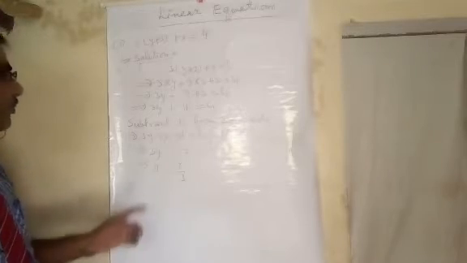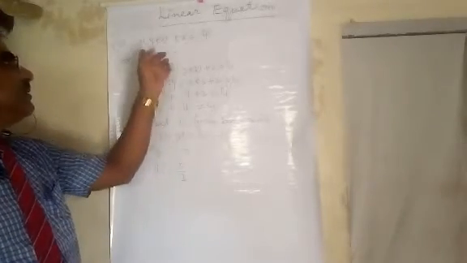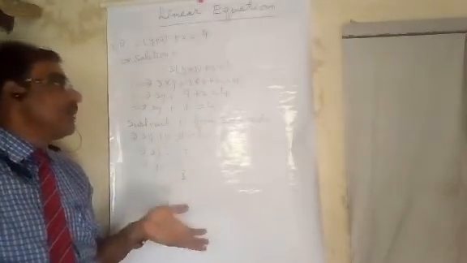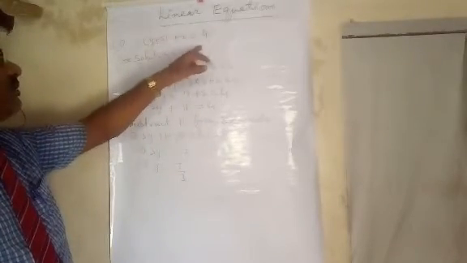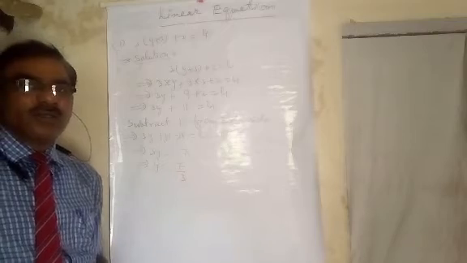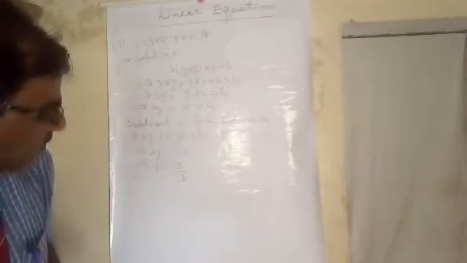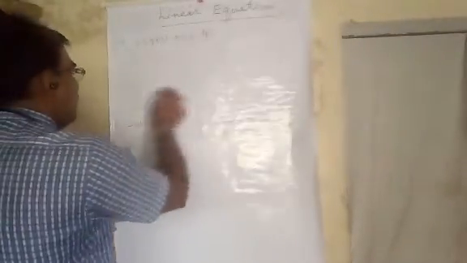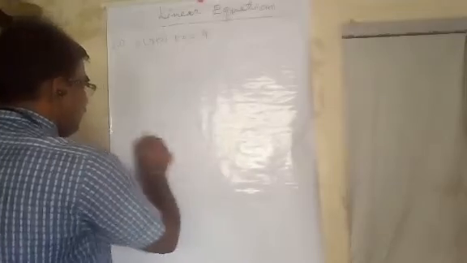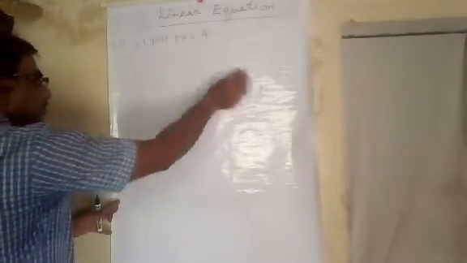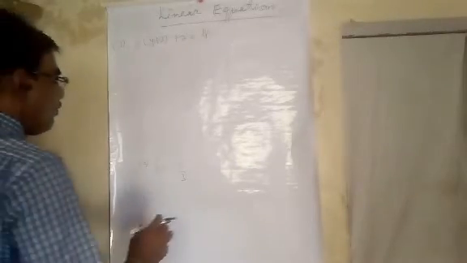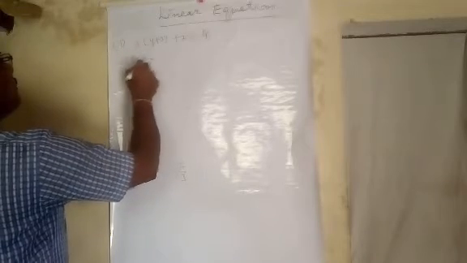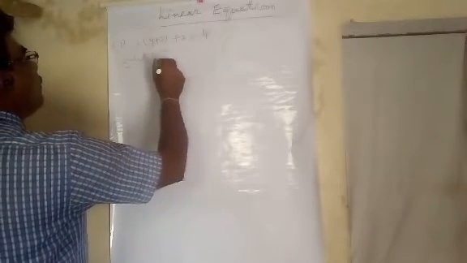For this, we put the value of y equal minus 7 by 3 in this equation. If we find 4, then our answer is correct. If we do not find 4, then our answer is not correct. Therefore, check of this equation: is our answer wrong or right? For this, we put y equal minus 7 by 3.